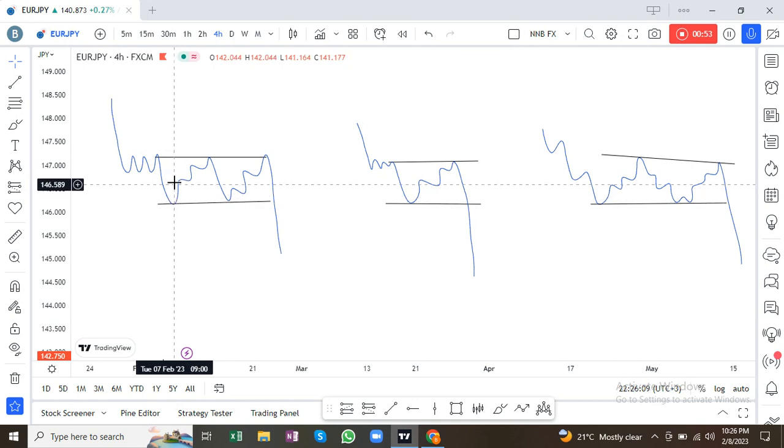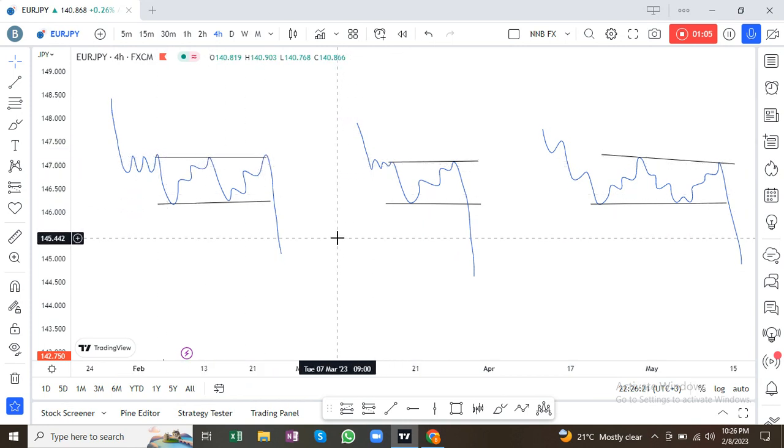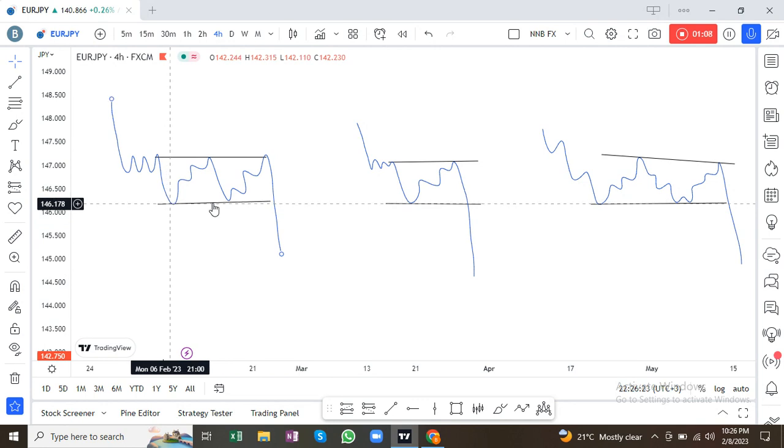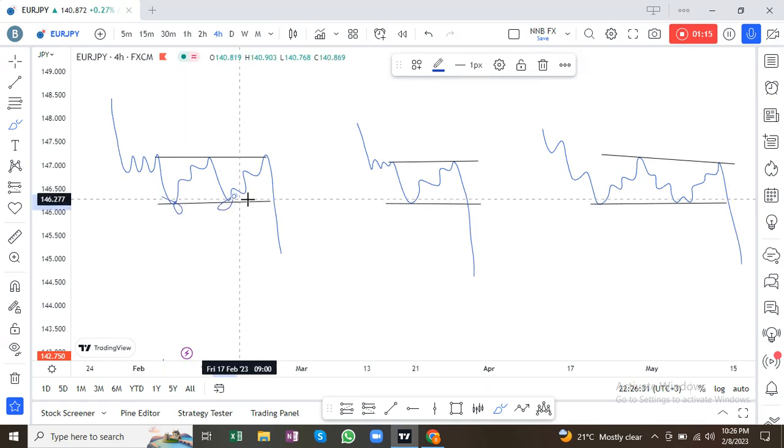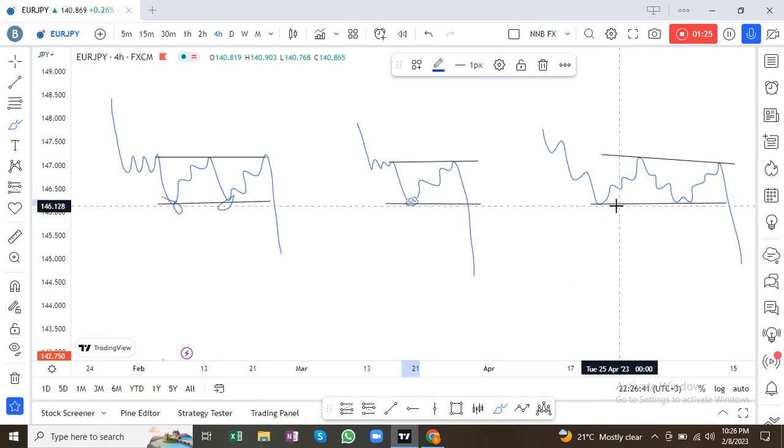impulse down a little, and then it will correct coming back to the previous correction, and then it might give you two touches or three touches like this one: first touch, second touch, and the third touch. And sometimes it might give you two touches below here like these ones, and sometimes it only gives you one touch at the bottom and then corrects back up to the previous correction, and then it impulses down,